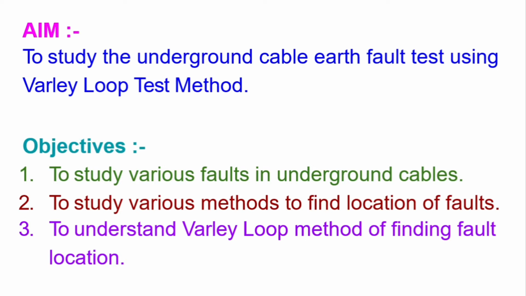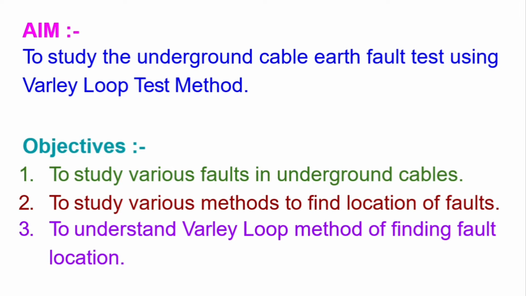Now we all know in power systems there are several faults like open circuit faults, short circuit faults and earth faults. There are several methods for locating faults in underground cables, but two are popular ones: the Murray loop test and the Varley loop test. These simple tests can be used to locate an earth fault or short circuit fault in underground cables, provided a sound cable runs along the faulty one. Both these tests employ the principle of the Wheatstone bridge for fault location. We are only limiting ourselves to the Varley loop method in this experiment.